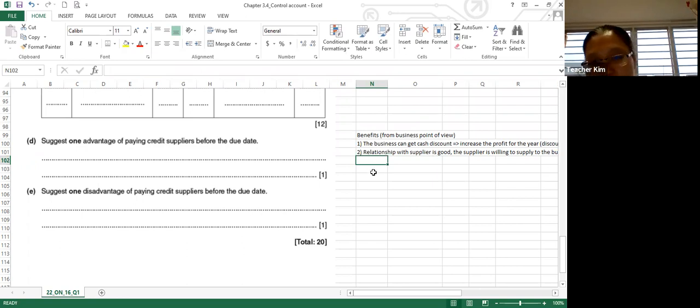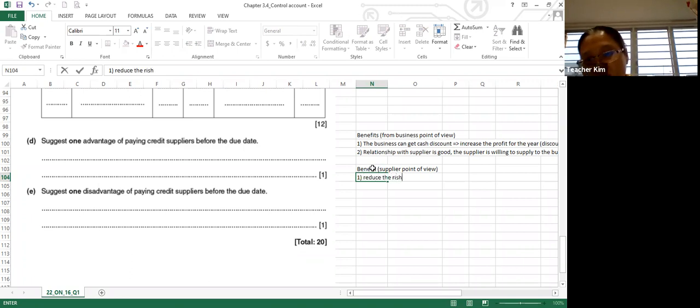Okay, come to the other. Sometimes the question asks for the benefit from the supplier point of view. So be careful, it's not talking from the business, it is talking from the supplier point of view. What is the benefit from the supplier point of view? The supplier will reduce the risk of irrecoverable debt